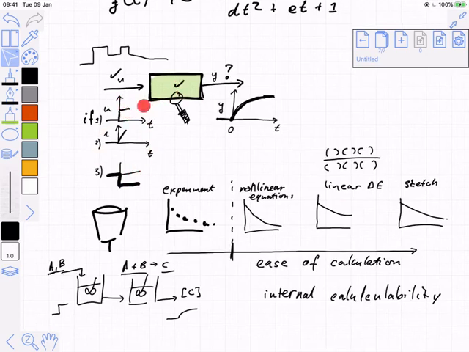So set piece number 1 is input characterization, or rewriting inputs like this. Set piece number 2 is this whole action of linearization. Another big set piece, which sadly I'm going to remove from the curriculum, I'm no longer going to assess it, is the Skogestad half rule, but mostly because I'm just going to write that as a function into TBControl. As I develop code that does these things, these set pieces are so unimportant to me in this module that when I find time, I write them into TBControl so that you don't actually have to learn how to